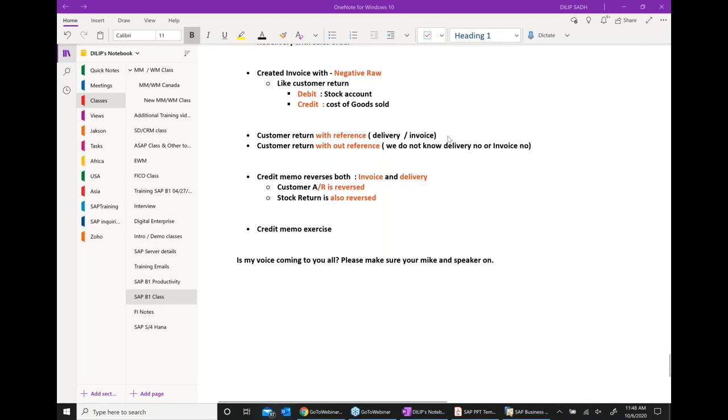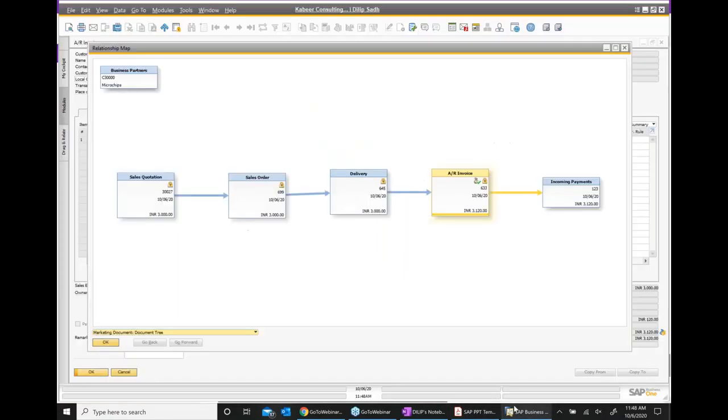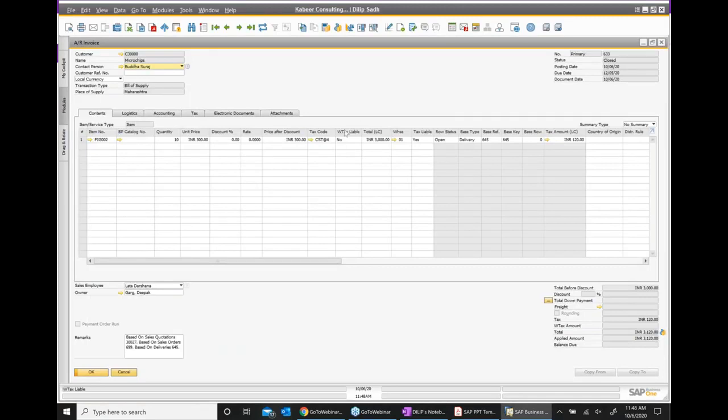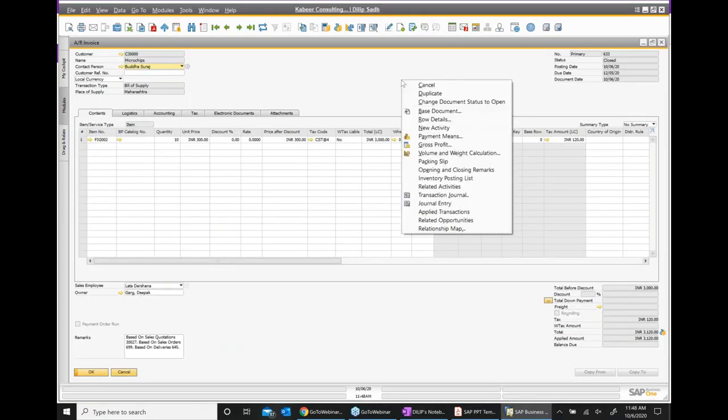Okay, very well. Thank you. So we are going to our scenario. So this is what we've done so far. Their AR invoice, and here I go back to AR invoice, and then I change the document status to open.